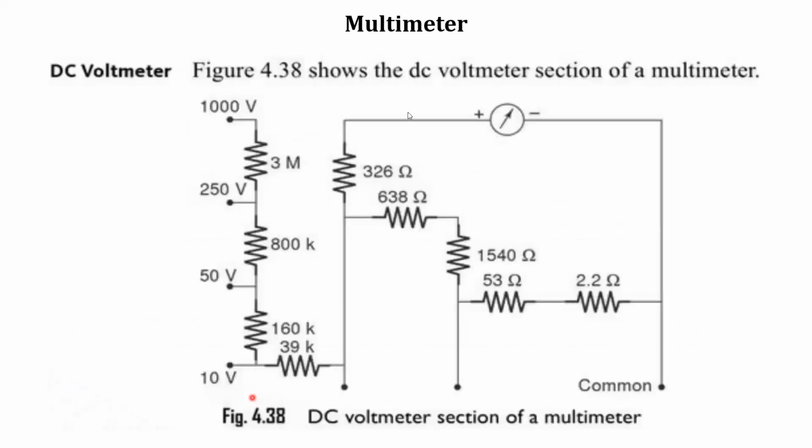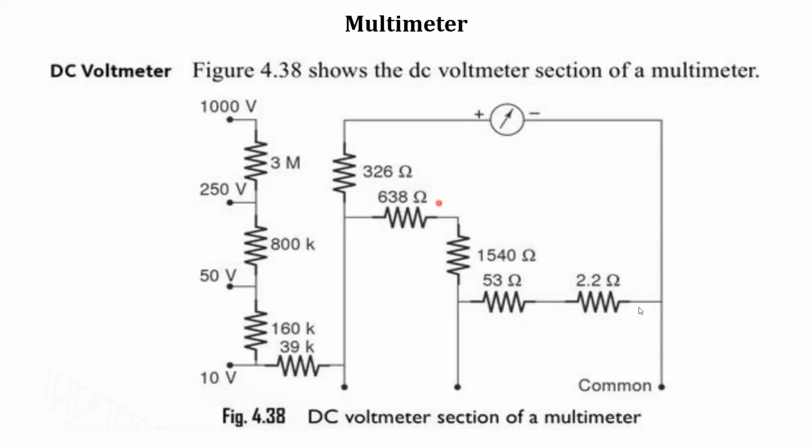Next one, this part is the same. For this one, a voltage divider is added. We know the basic concept of the DC voltmeter, and that basic concept is used here. In the DC voltmeter, to increase the voltage range, we are just appending a voltage divider in the form of resistors of different ranges, and automatically the voltage is going to be divided into different ranges. Like that I am going to append this voltage divider circuit.